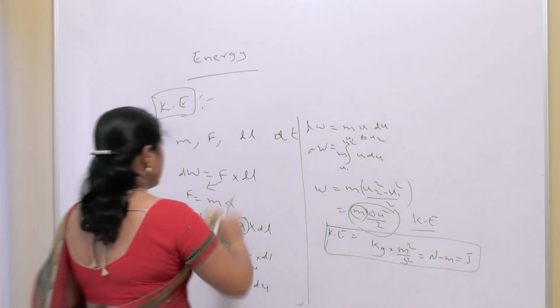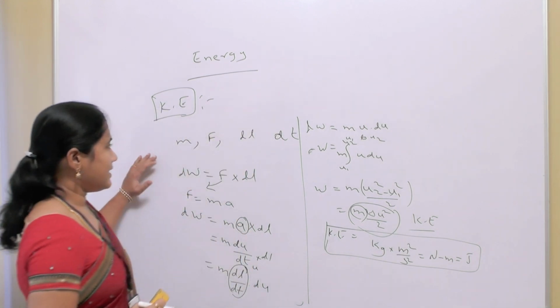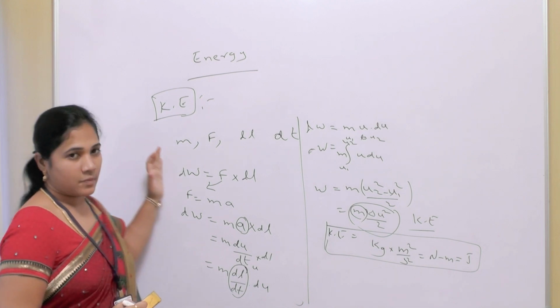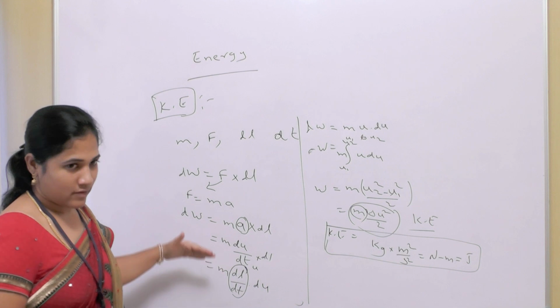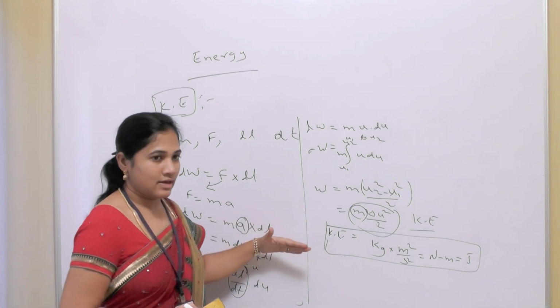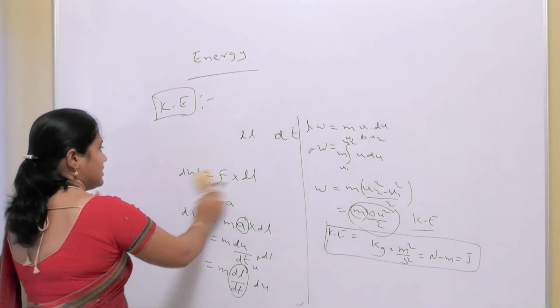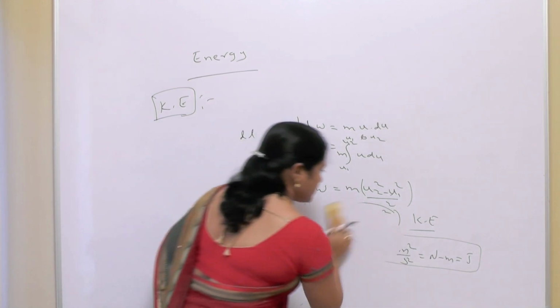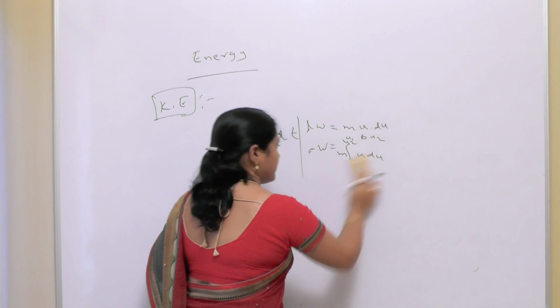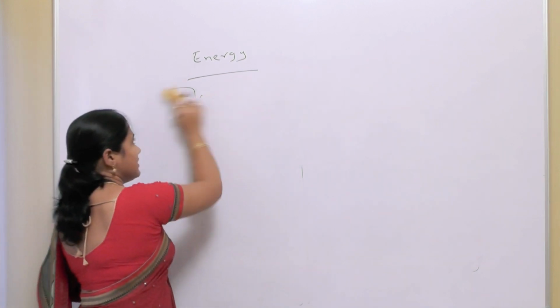Now the kinetic energy is defined as the energy possessed by a body by virtue of its motion. So movement is there. Velocity means it is moving. So kinetic energy is defined as the energy possessed by a body by virtue of its motion. Now coming to the